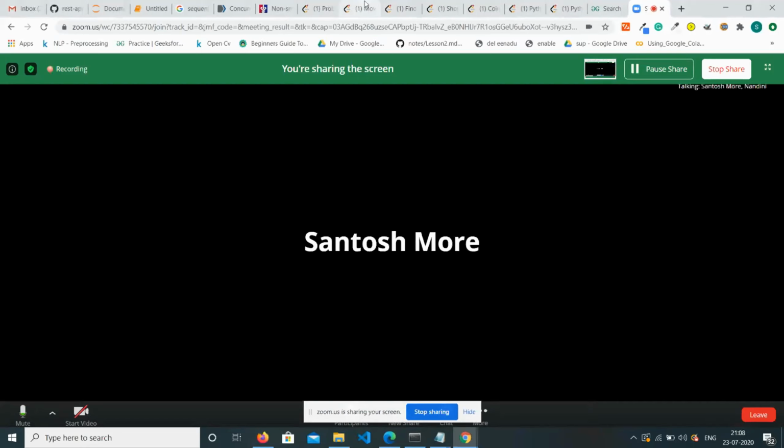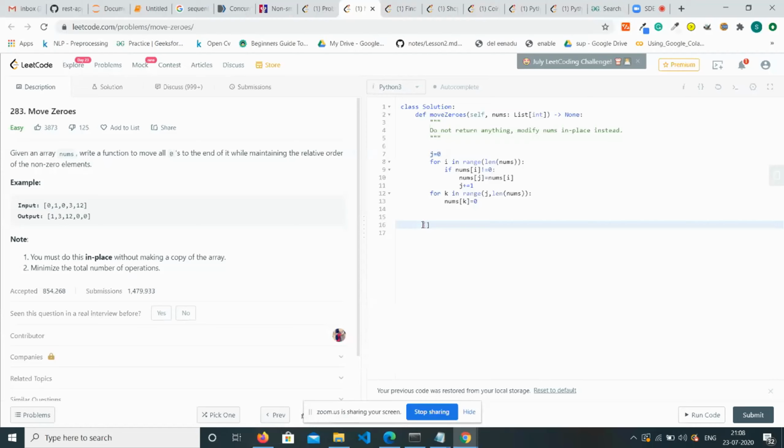We're not seeing your code. You're sharing the Zoom website, not seeing your code. You need to switch the tab of your browser. Focus on the LeetCode tab. It's focused on the Zoom. Okay. Let me disconnect once again. No, it's fine now.